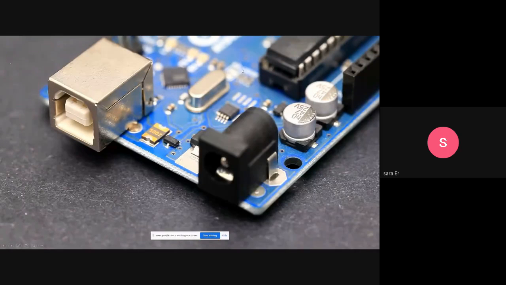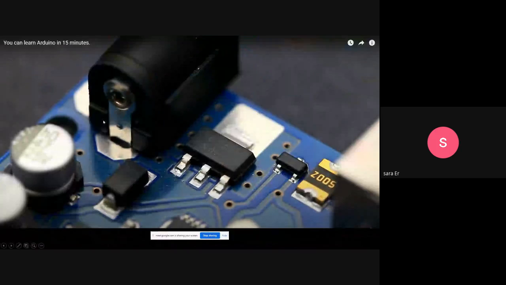It is not necessary to use the USB connection to the PC all of the time. Okay, it is a regulator that converts the 9-volt DC power to our desired DC power, that is 5-volt DC power or 3.3-volt DC power, that is needed for input-output pins of the board.